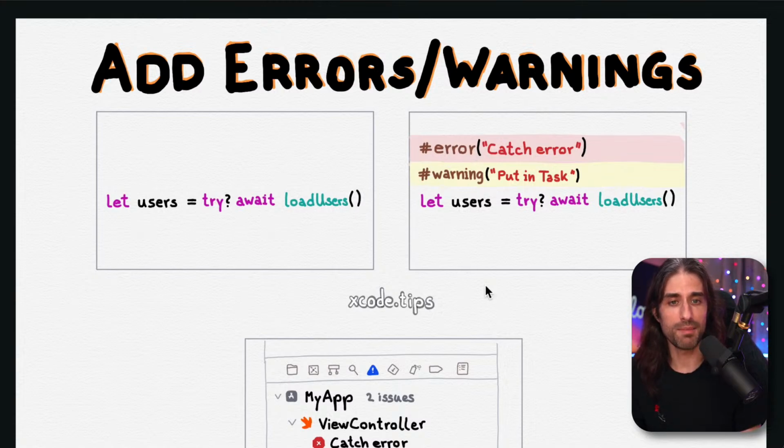I have videos about hashtag error on my channel. I think I have one maybe about hashtag warning, I'm not sure. And I have one also about how you can use @available to create deprecation warnings that will be automatically triggered when you drop a version of iOS. So you could